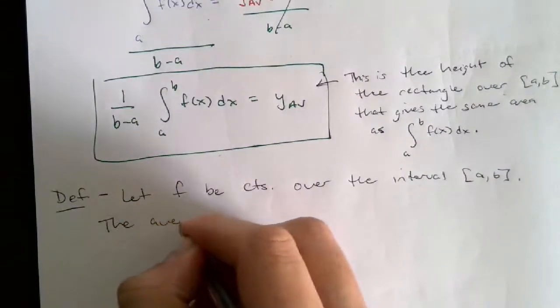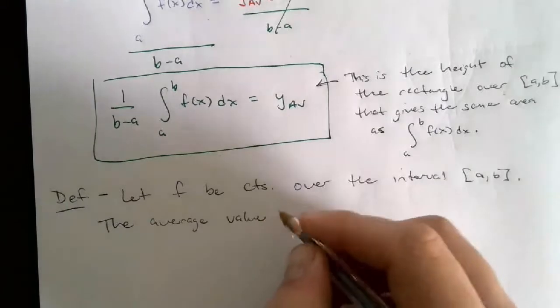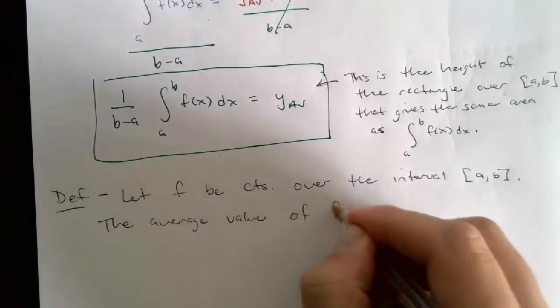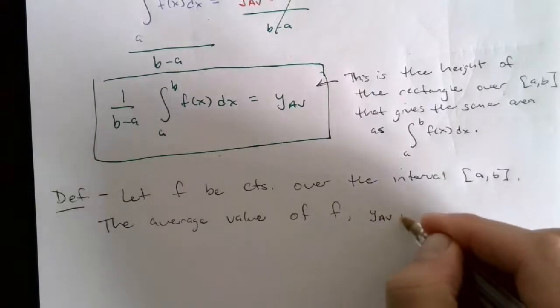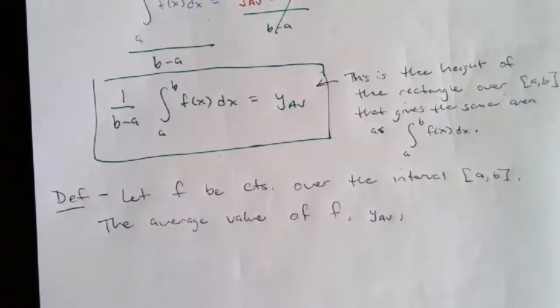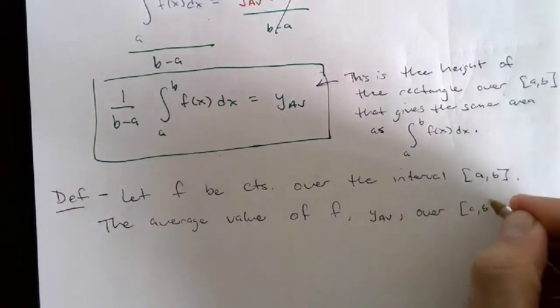The average value of f, which in this case we call y sub AV, over a to b